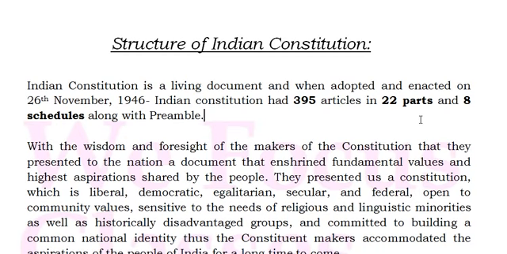So what is the basic structure of the Indian constitution? What is the Indian constitution basically? When this constitution was framed, the makers of the constitution, with their wisdom and foresight, presented such a document to the nation. We call it a living document. What is the meaning of a living document? It means that at the time when we adopted the constitution on 26th November 1949, it represented all the aspirations of the people. Even today, if you go through the constitution, it represents all the aspirations